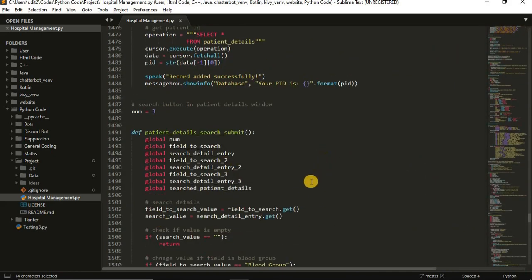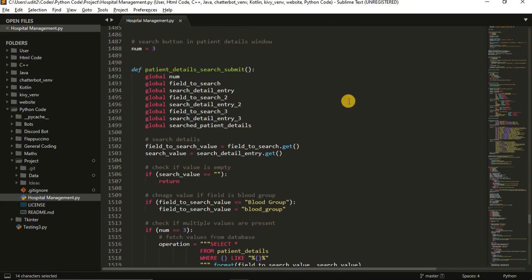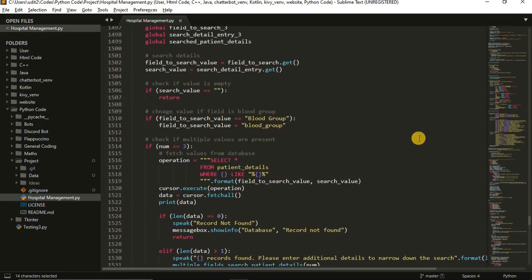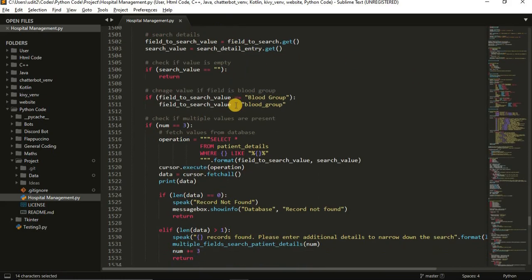After that, let's take the example of patient details. Patient details was a lot trickier, since I wanted just a single field for a person to search. Suppose the first field you have selected is age, and you have given age as 17.